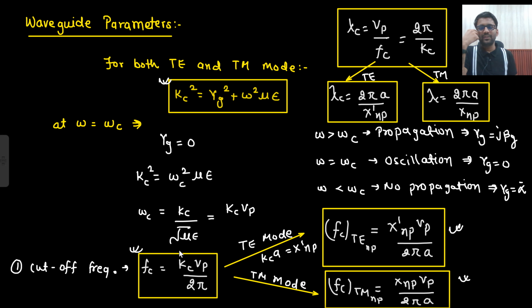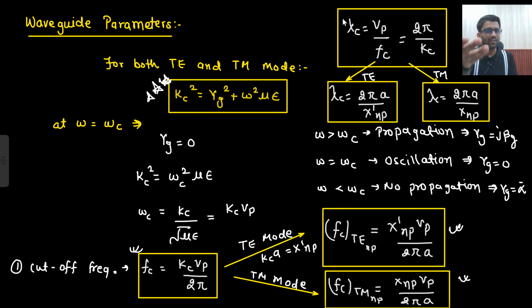Absolutely not. From this slide, if you remember only this expression, which I am marking with a star, then within seconds you can write down all these things. If I remember this expression, then directly I can write down this Fc value very easily. Then the Kc value I need to write down for TE and TM mode. For TM mode, x np would come, and for TE mode, x dash np would come. That's it. And to write down lambda c, it would be very simple, Vp by Fc,